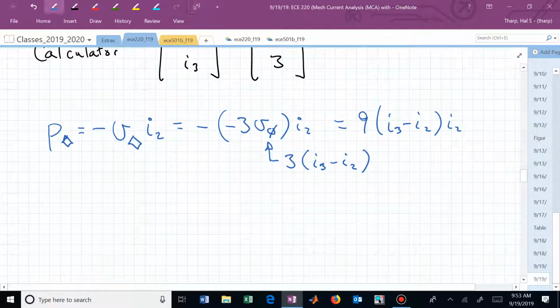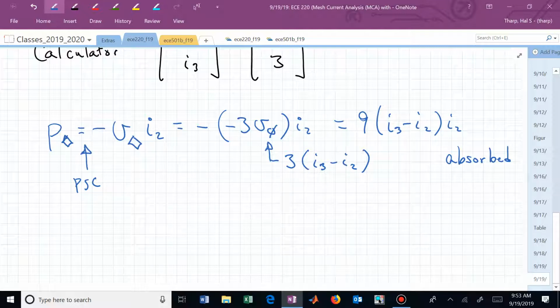And this will be, based on the passive sign convention, the power absorbed by that dependent source. Putting in our numbers that we've found,